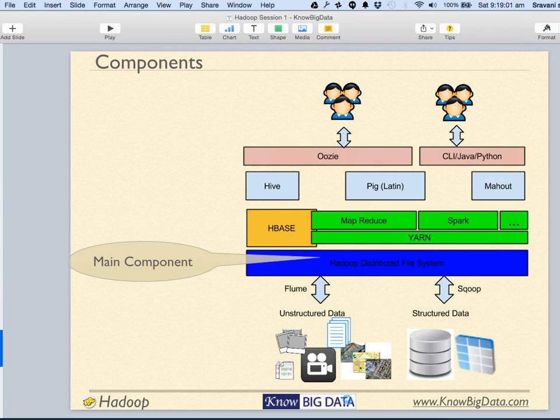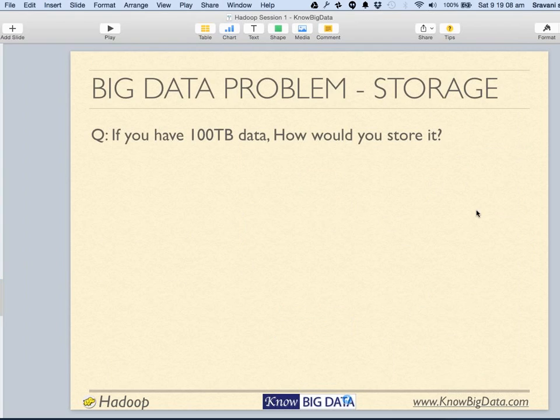All right, so let's talk about the base of the whole ecosystem called HDFS. Before we go into it, we'll just build it by ourselves. We'll talk about how you would store 100 terabytes of data by yourself. Imagine that you are living in a hostel and all of you plan to build a 100 terabyte store in which you can all store your movies at a central place, and whenever you wish you can watch a movie.